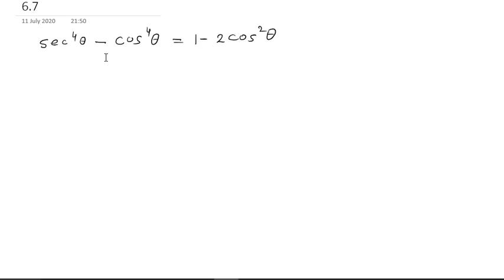Now here you can see it is sec power 4 minus cos power 4. So the problem is now changed. So what I say is, let us practice from question 1 to 6 only in this lecture, and the other questions we will see in our next class. So again see the video or again solve yourself. If you have any problem, then see the video again for that particular problem. Yes, thank you.